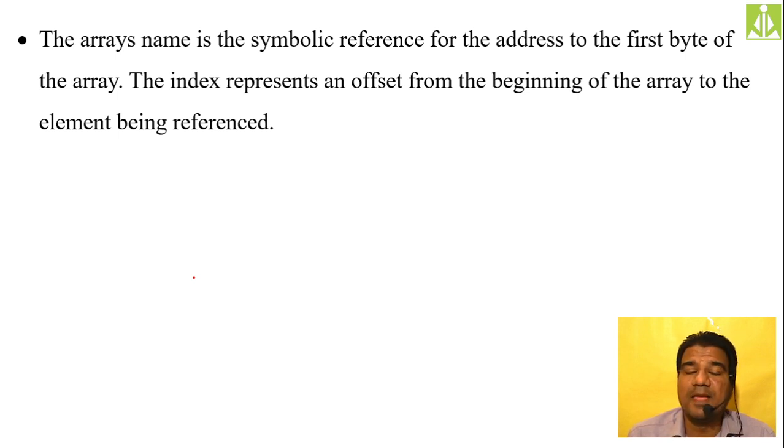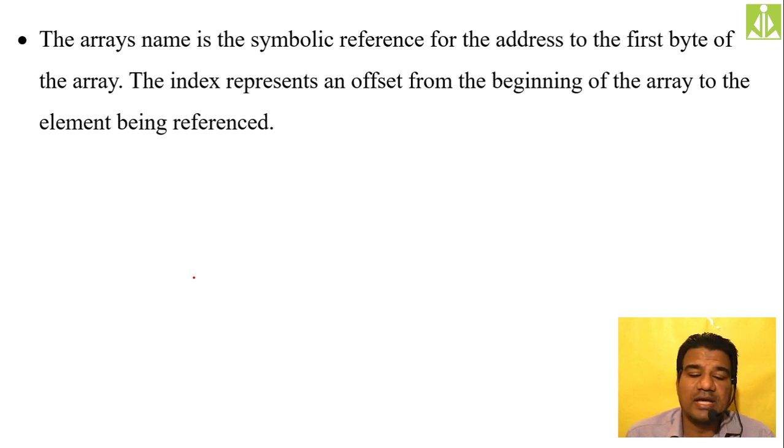So whatever name we give to the array, that name itself will hold the address of the first element. By making use of the first memory location's address, we will access all the elements from the array simply by making use of the index.